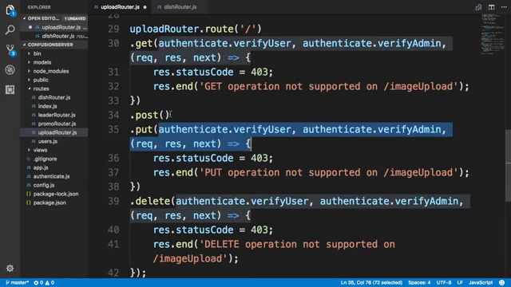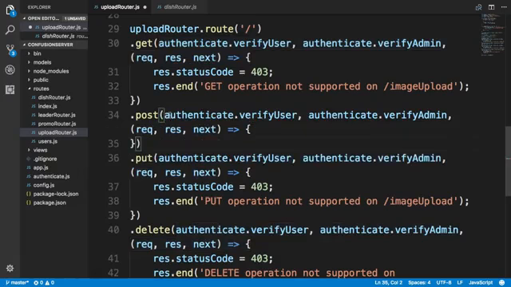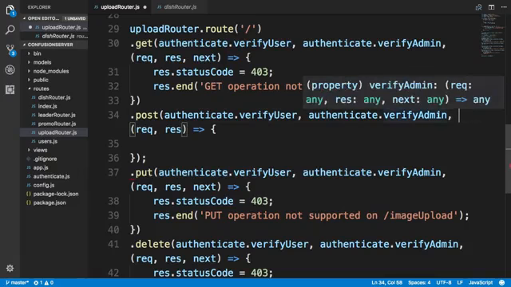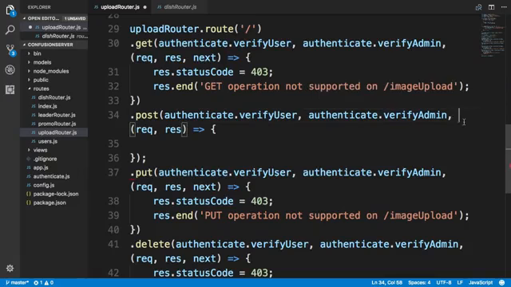So I'm just going to copy that in there, close that endpoint. And for the post, so when a file is posted, how do we handle this post. So to handle the post here, I don't need the next for this. Now, in addition to the authenticate verify user and authenticate verify admin, on the same line,